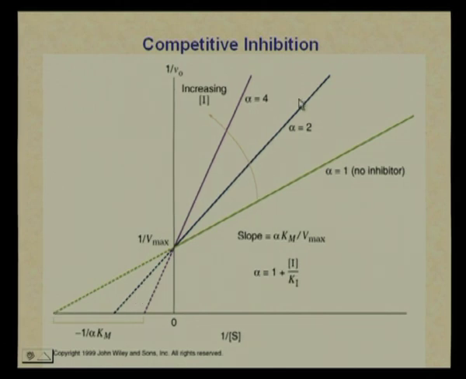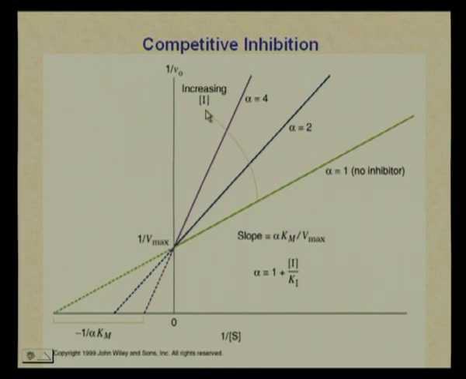We increase the slope with inhibitor, right. Now, if I add more of the inhibitor, the slope is going to increase even further, because my Km is going to increase even more, right. We did this just for one set, but if we do this for a series of sets, you have to remember that your Vmax remains the same. So, the intersection or the intercept on the y axis is going to be the same,